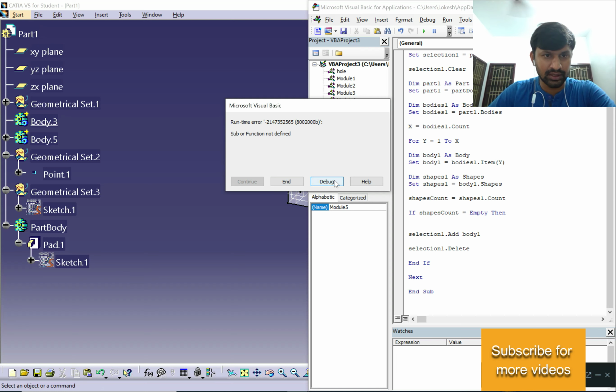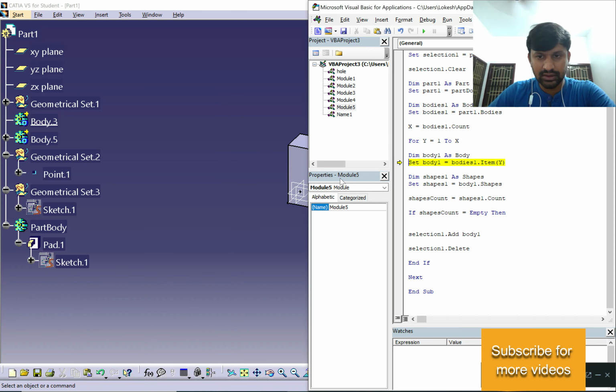Okay, it shows some error. Let's find out. Let's select Body 1. I don't know why it showed the error. Item 1, what is the 1? 4. Okay. It's because x is 5 and 4.